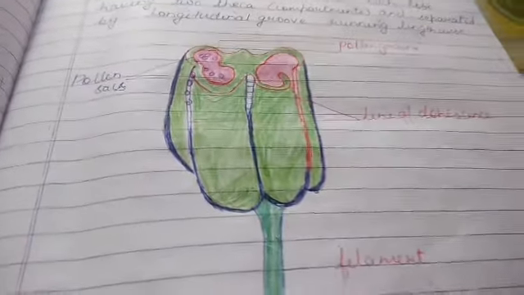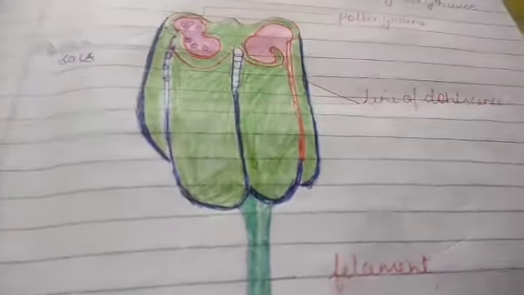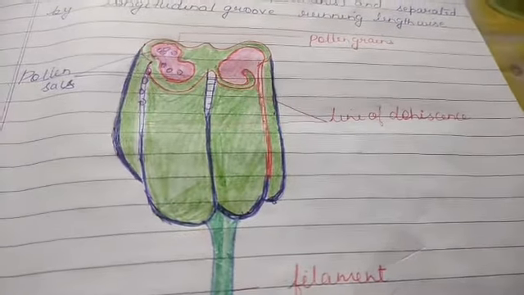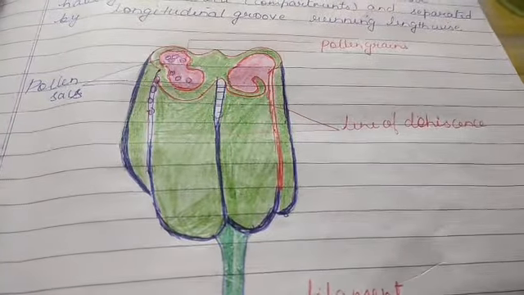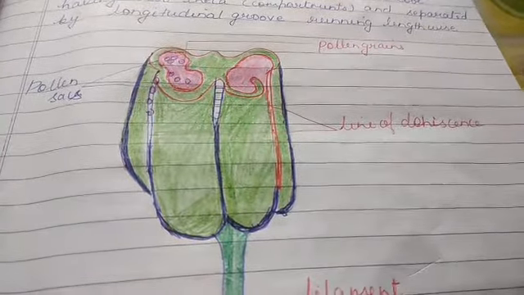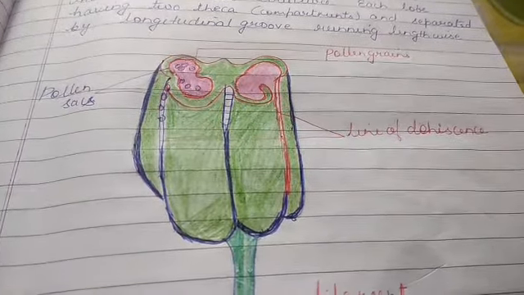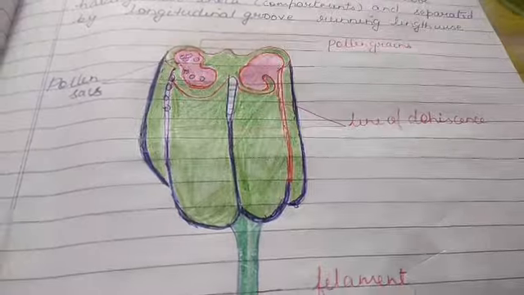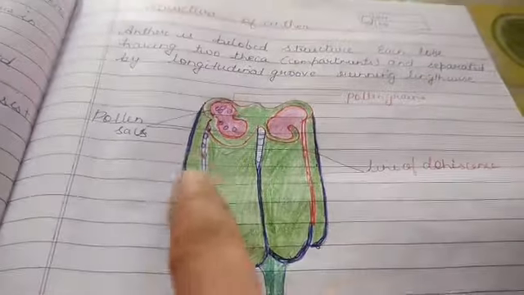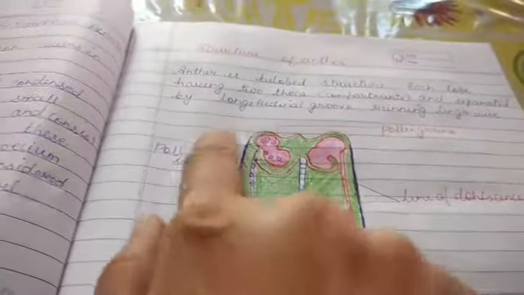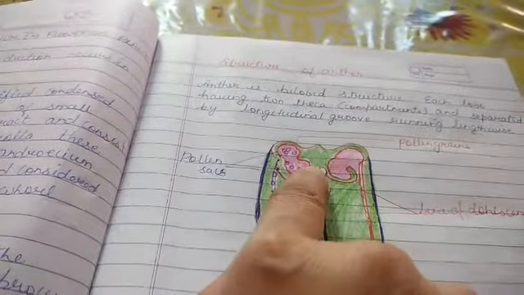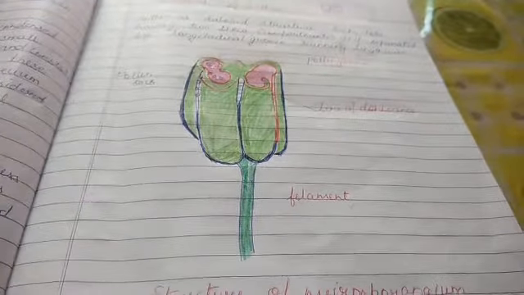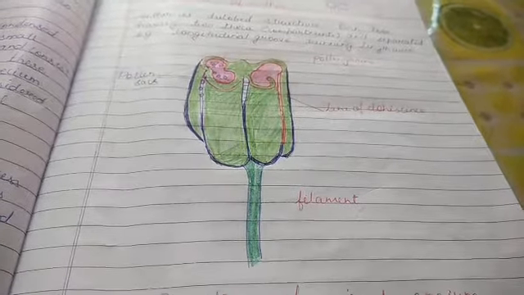Now see this structure of the anther. You can see the line of dehiscence. It means from where pollen grains are released. And pollen grains you can see here. I have not drawn it. Here also pollen grains are there. Pollen grains are present in this pink colored structure. On both sides, lines of dehiscence are there. Here you can see that pollen grains are released out. These are the pollen sacs where pollen grains are found. Clear? Just see the diagram and you have to draw it in the copy. And this is the filament. So the internal view is there.